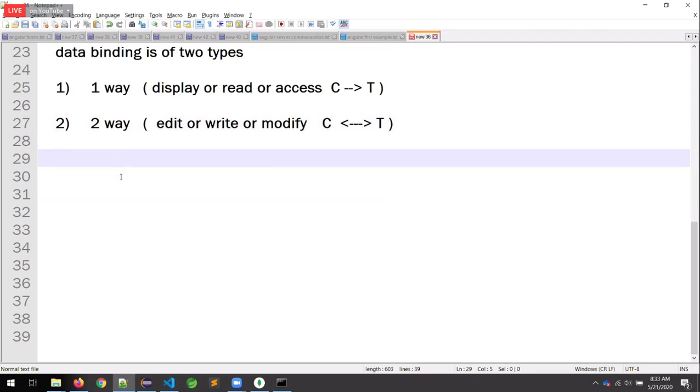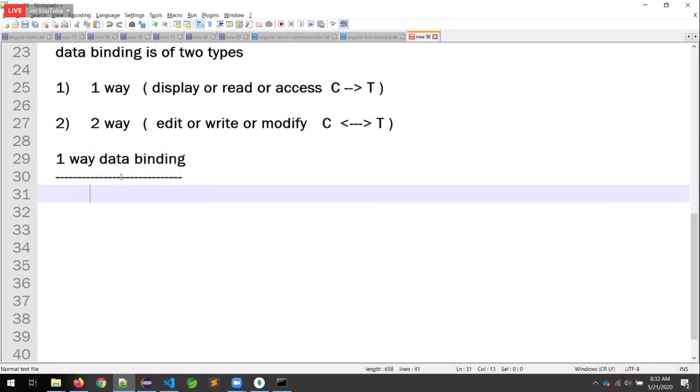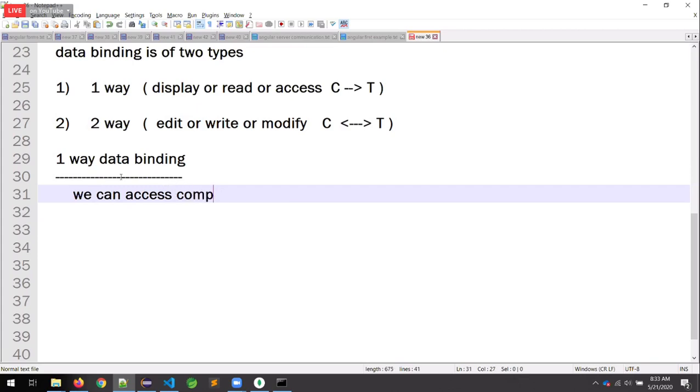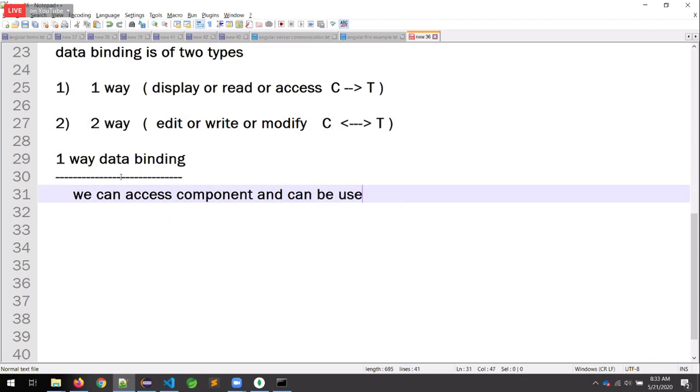Now, one-way data binding. There are so many ways in the one-way data binding. Observe one-way data binding. In this one-way data binding, the first step, we can access component data and it can be used for different purposes.